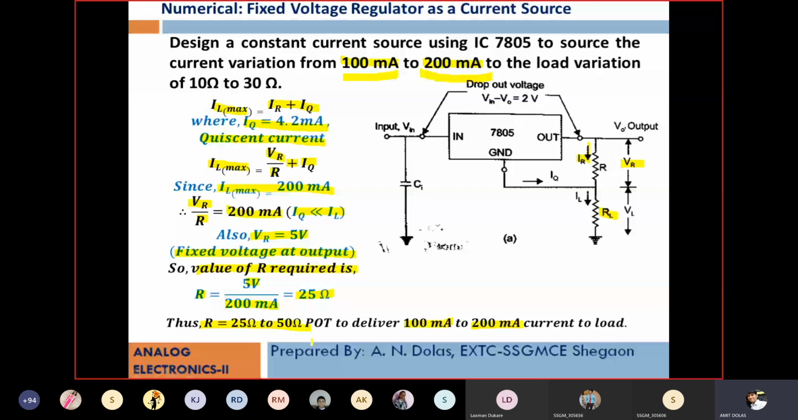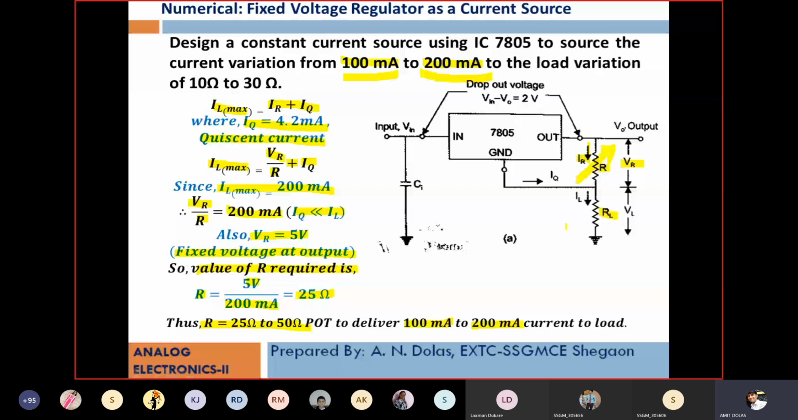So we may have variable resistance R, so that it will deliver the current in the range of 100 milliampere to 200 milliampere. We have to keep in mind that if the resistance falls below 25 ohm, then of course current will increase. So therefore, instead of R, we may have a fixed resistance of 25 ohm and one potentiometer of 25 ohm. So if the potentiometer comes to minimum, that is 0, still there will be fixed resistance present